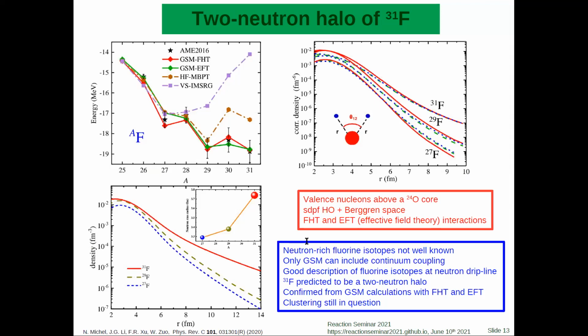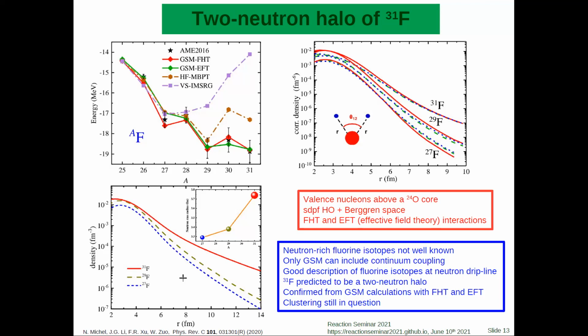Here we could see that by fitting the fluorine chain, we could get a 2-neutron halo in fluorine 31, which is the last known isotope of the fluorine chain. And it has been suspected to be a 2-neutron halo. And then in order to see theoretically how it behaves, we fitted the fluorine isotopes, and then we could obtain a 2-neutron halo here, which can be seen from both two-neutron correlation density and